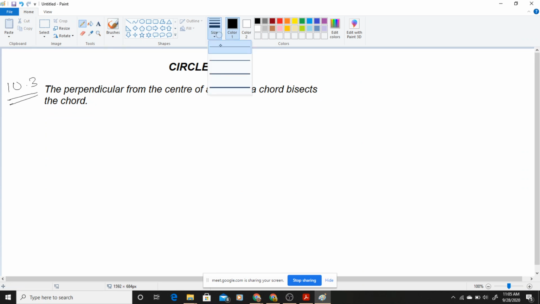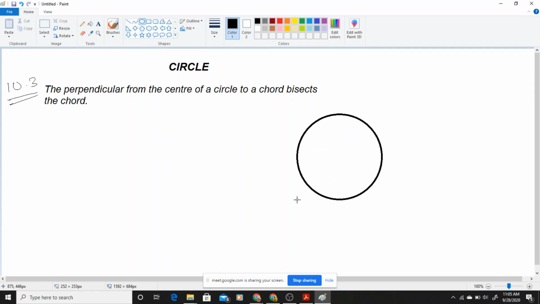Okay. So what is the meaning of the theorem and what are we going to do? See, we are given a circle, okay, this is the circle we are given. Then it is saying the perpendicular from the center of a circle to a chord. So we are given a chord also. So I will be taking this chord, okay. So I am naming it A, B, and then from the center